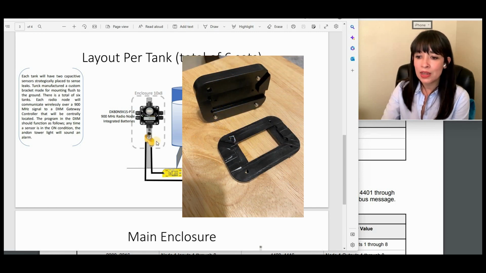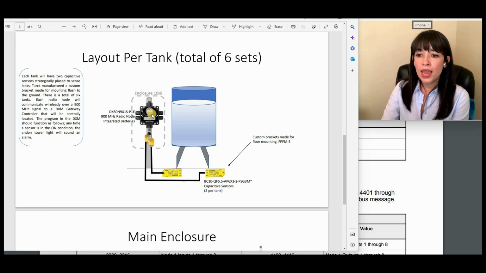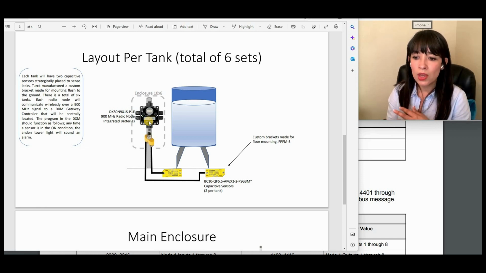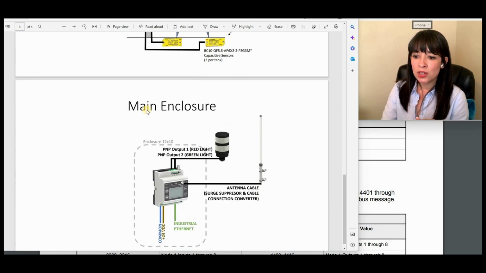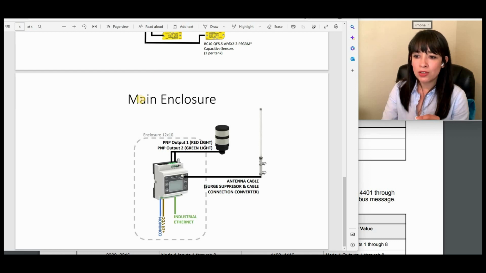Anyway, I digress. The sensors are going into a DX80 performance node, and they're tied into discrete input 1. We are supplying battery power voltage to those sensors, I think 12 volts, and it wakes up every 5 minutes. So we have a sample rate of 5 minutes and a report rate of 5 minutes as well. That suffices the requirements for this application, and they're all reporting back to a main enclosure where I have